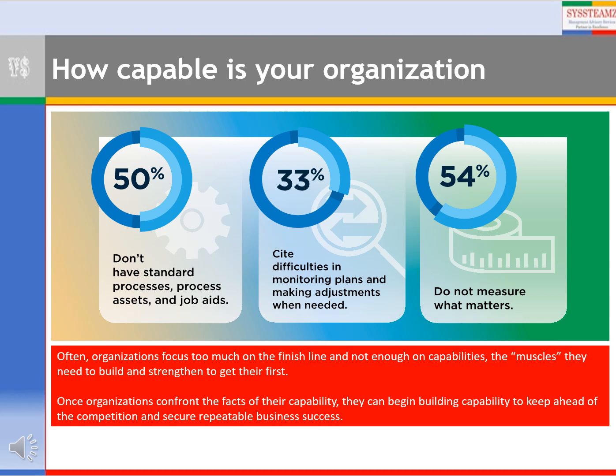CMMI Institute conducted a survey and the results have been surprising. Almost 50% of the organizations who participated in the survey do not have standard process assets. Almost one-third of them said that they don't have visibility in how their plans are working, or maybe not working, and because of that, they can't do any mid-air course corrections. And a big number of respondents, 54% for that matter, do measure something, or maybe nothing, but not what is really important for them or something that can help them improve.